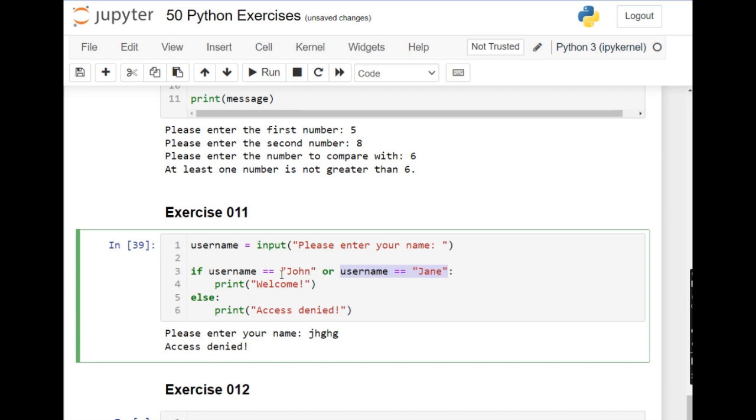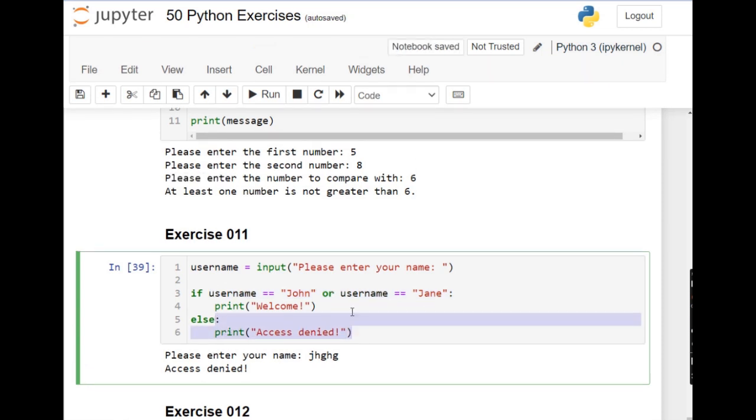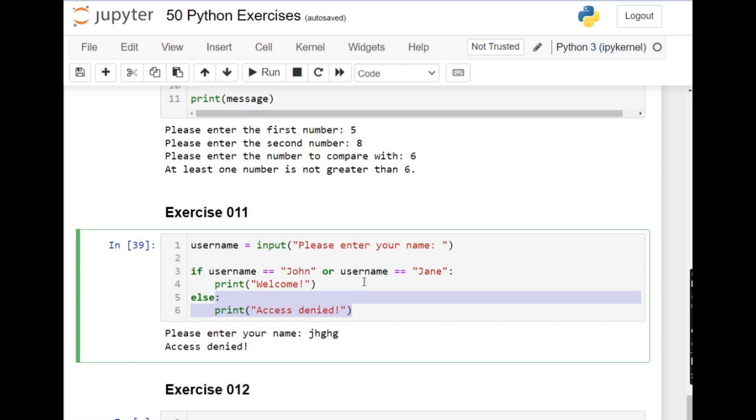If you just write if username equals John or Jane, then that statement will always be evaluating to true. Your code will never go to the else part. Okay? So always write your conditions in full. If username equals John or username equals Jane, or whatever the condition may be, write them in full. Alright, see you in the next